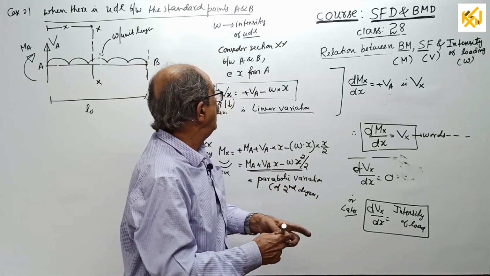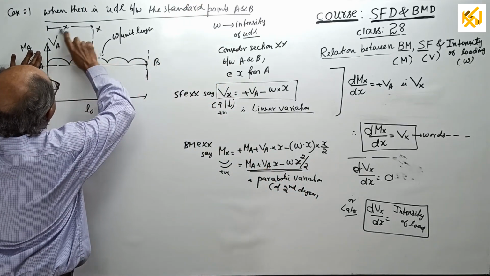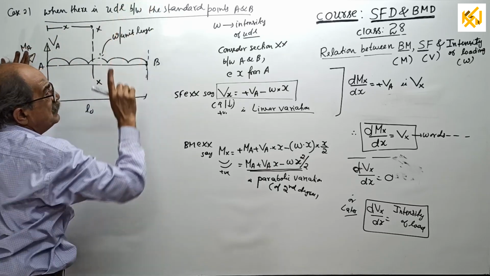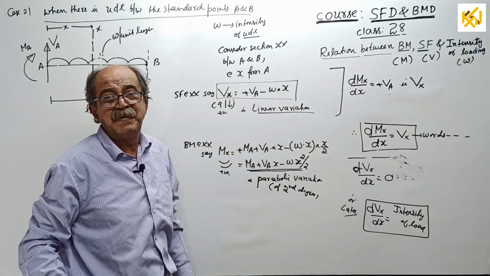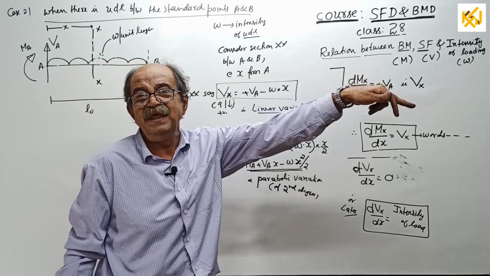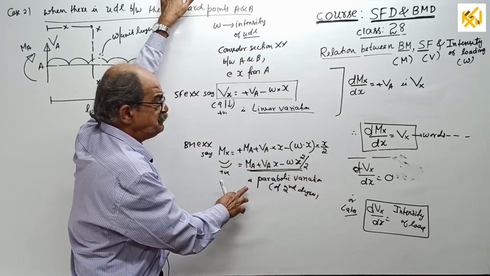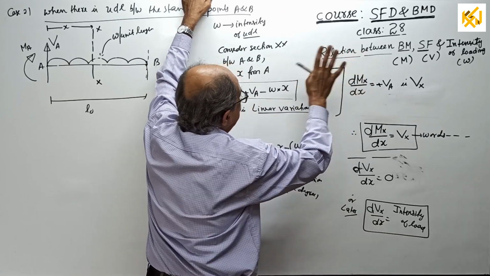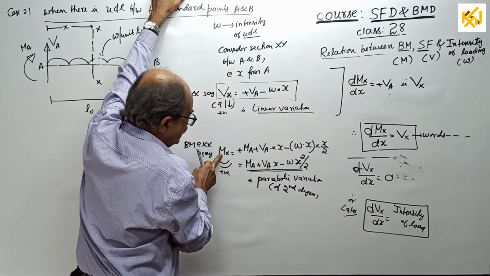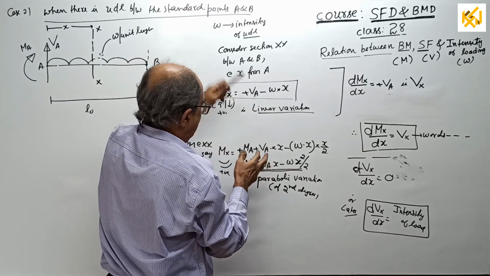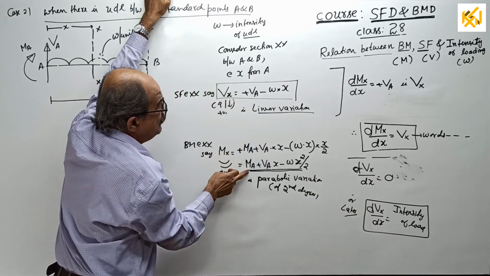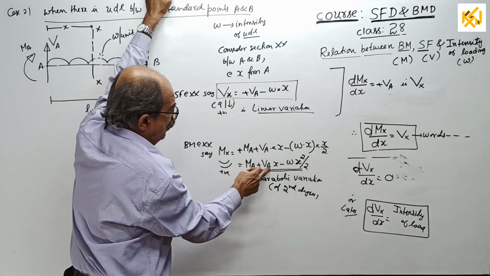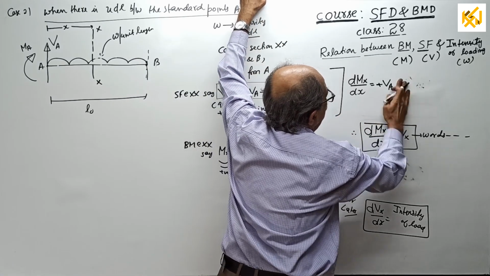Over. Now, how the curve will come, this way or this way, that is the importance for so many people. That will come in the summary. First I want what? It is parabolic. Over. Now, after that, once again for fun, differentiate Mx with respect to x. See what you get. If you differentiate Mx with respect to x, MA becomes 0, it becomes plus VA